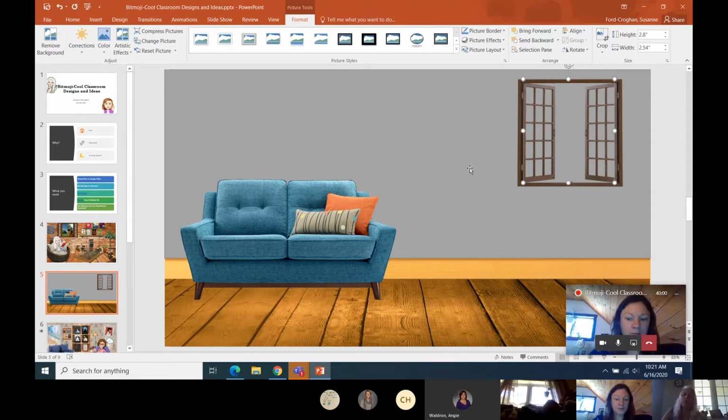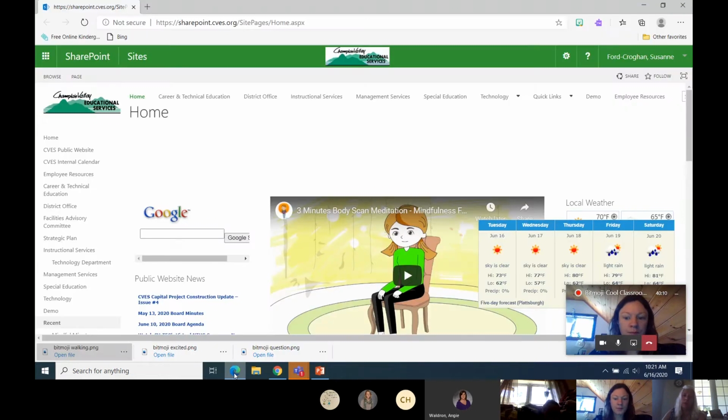The next thing that you want to add is, we'll just say your Bitmoji. As I mentioned before, you need your Bitmoji extension. My extension is located in Edge. You see this little icon right here? It will link to my Bitmoji app. So when you click on that,